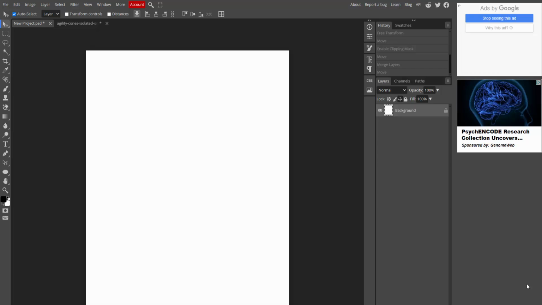Now in this video I am going to show you how to make an image circle in Photopea. Let's get started. At first you have to open your Photopea software. Then go to the rectangle and click ellipse. Now press Ctrl Shift on your keyboard and draw the